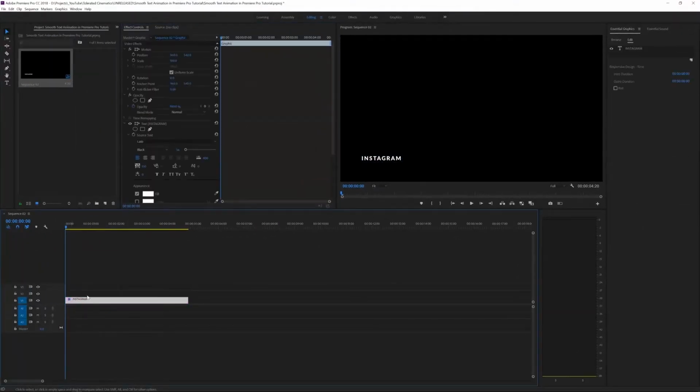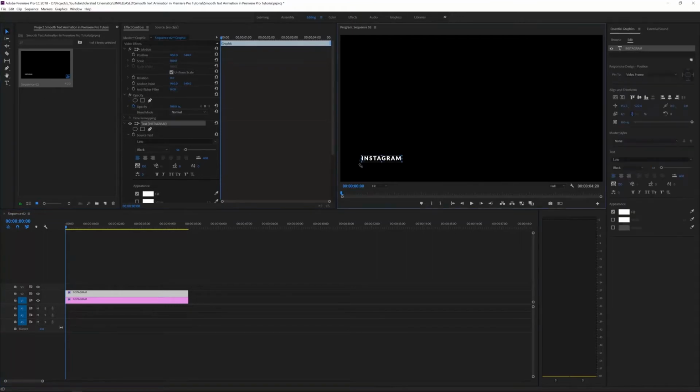What I want to do is click on this layer in my timeline, hold Alt and drag one on top of it. Now we have two different layers, and on that second layer I want to change my text layer. First I will go to my selection tool, click on that text and hold Shift and drag it down like this. Then I want to go to the text tool again and select that text, double click to change it,